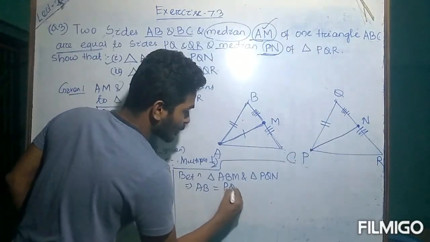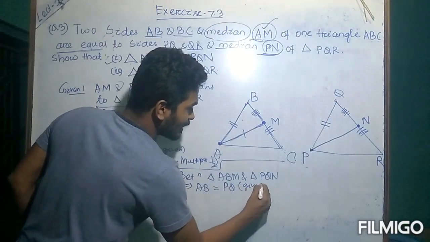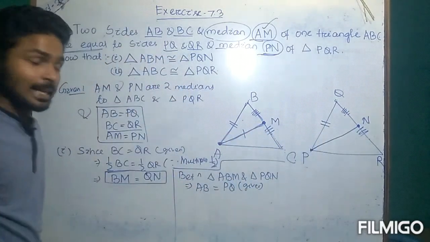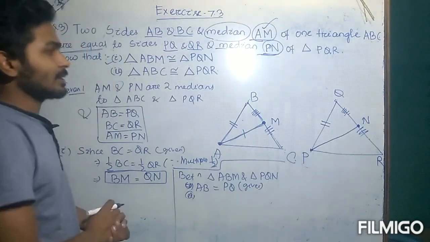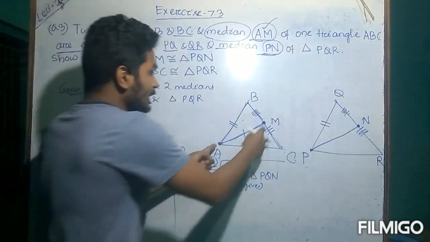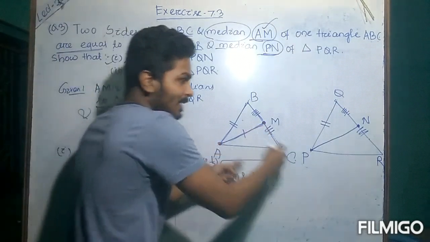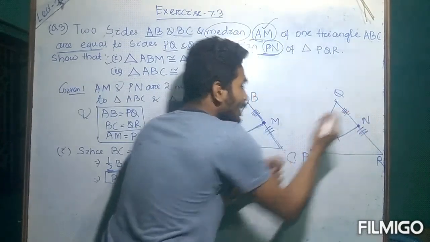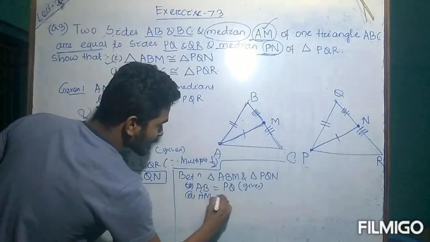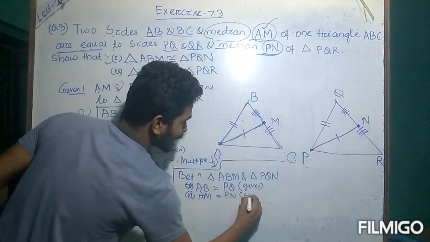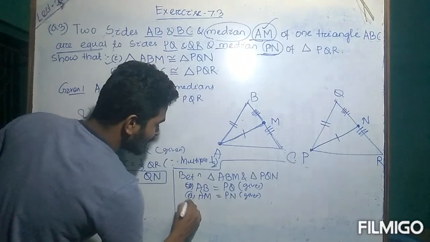This is given. Yes or no? Yes, it is given. Second condition is that this AM, the median, is equal to this PN. This is also the median. It is also given. So I can write AM is equal to PN. This is also given. Now the third condition is that